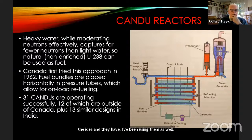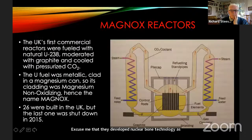Some people criticize Canada for sending CANDU reactors to India, thinking that India developed nuclear bomb technology as a result of that, but there's no good evidence to confirm that, and I think it's probably a rumor. Okay, need to touch on Magnox